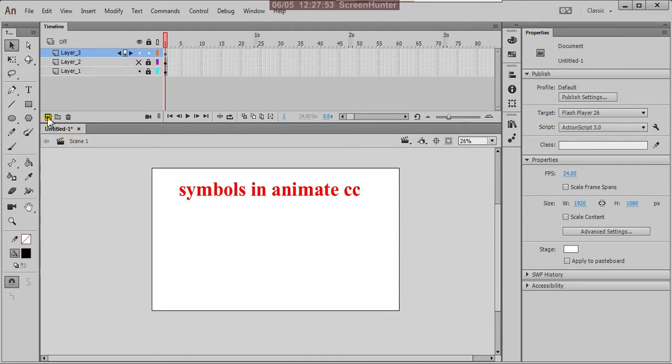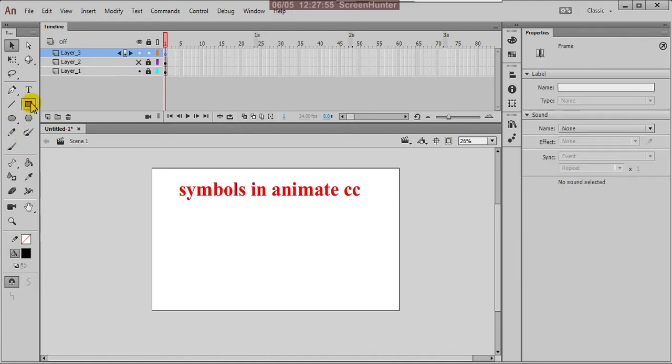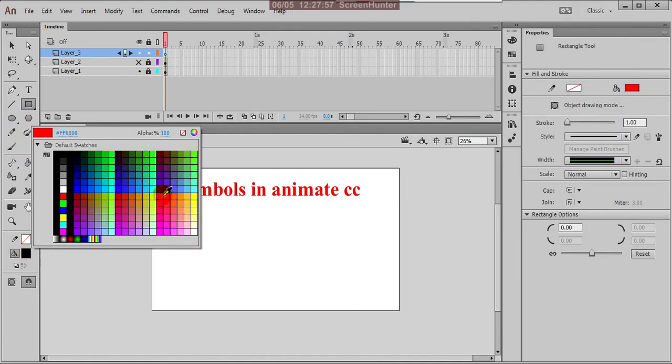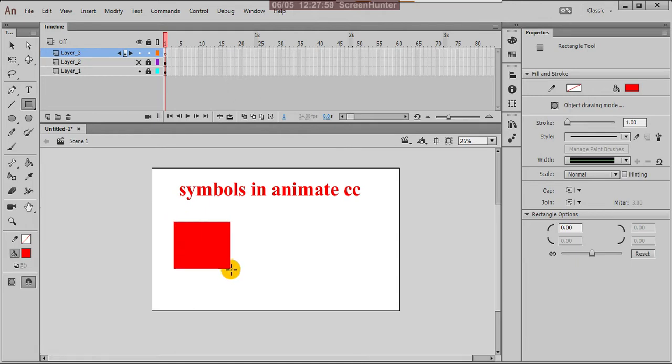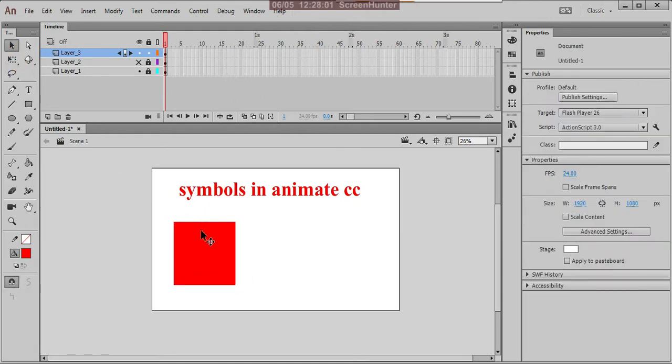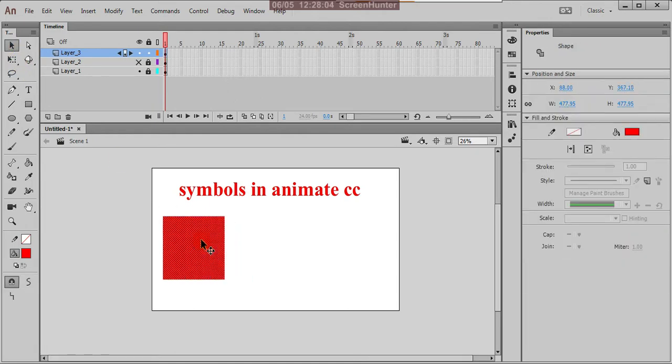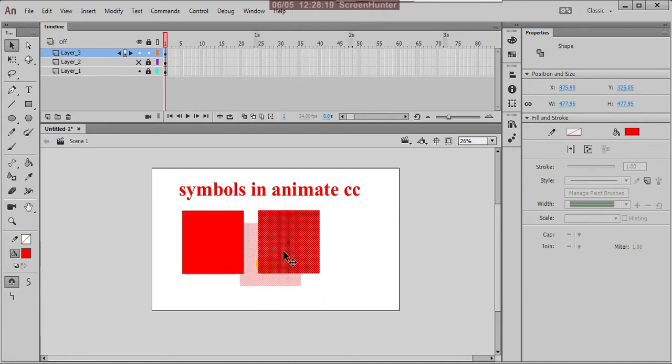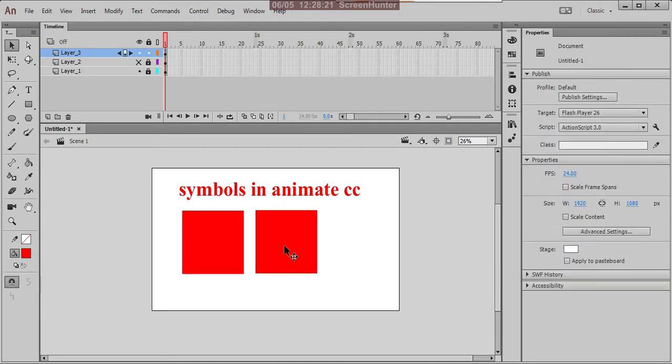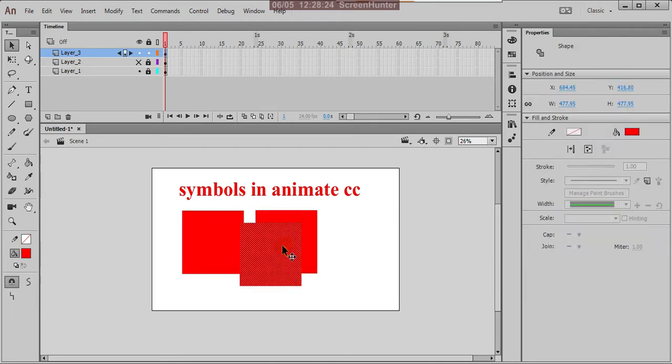Suppose here I'm creating one object. This is my one shape object. If I want to take one more of the same shape, what we'll do is Control C and Control V. We'll copy and paste, and again copy and paste.